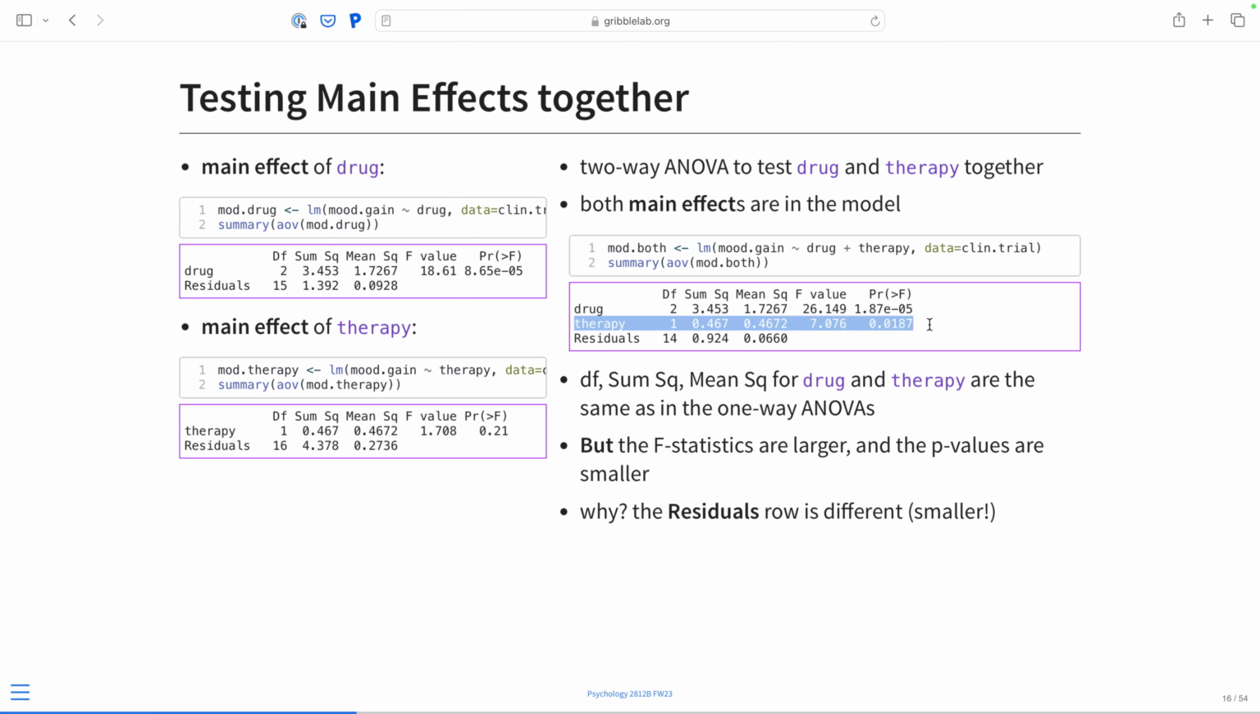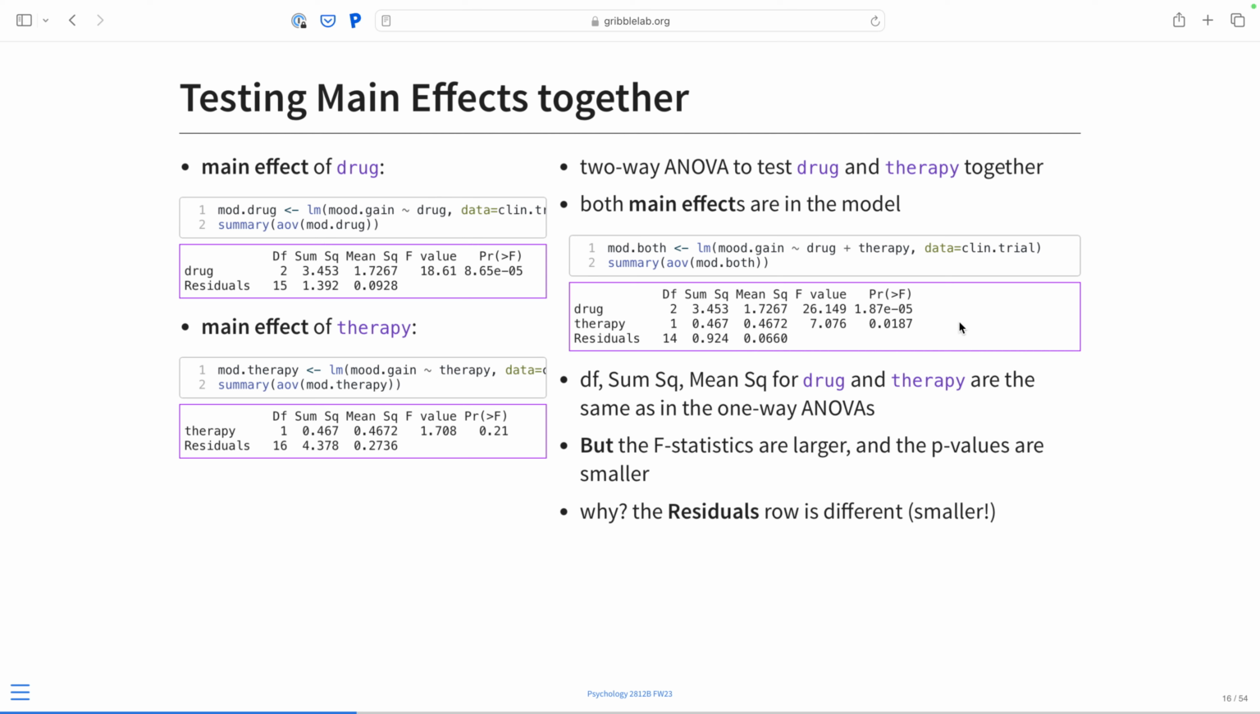So how come the therapy main effect gets flagged as significant in the combined model and not significant when it's tested on its own? Well, the simple reason is the error term is smaller. In the individual model, the error term is big. The variance that we haven't accounted for is quite big. In this combined model, we've accounted for two chunks of variance in the data, the variance due to drug and the variance due to therapy. And so the leftover variability is much smaller. And so when we divide the mean square factor by the mean squared error, we get a bigger F value